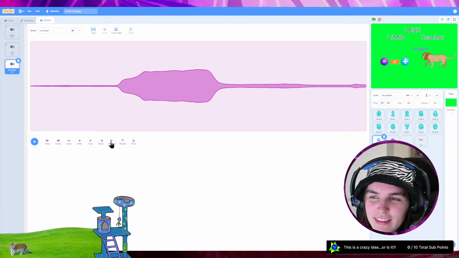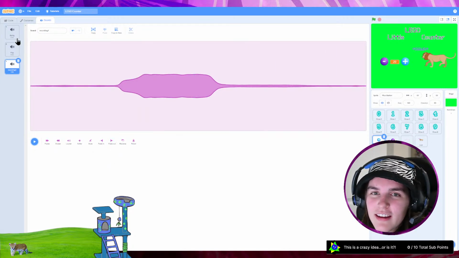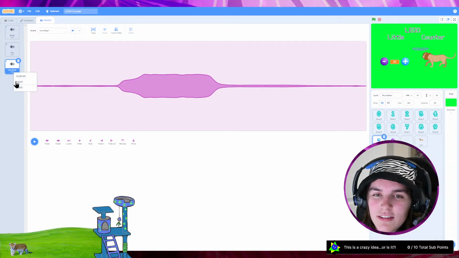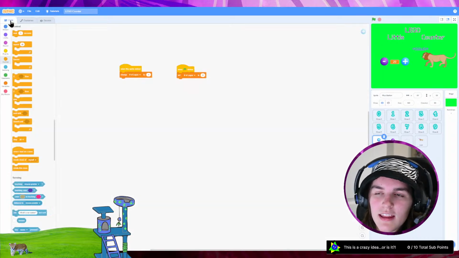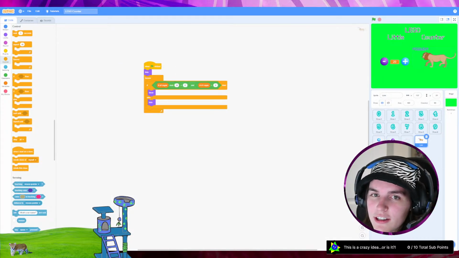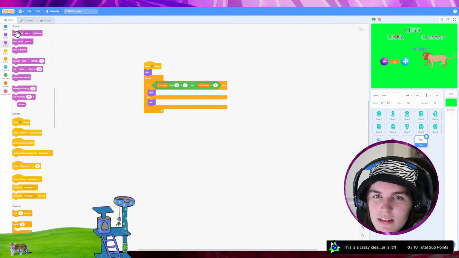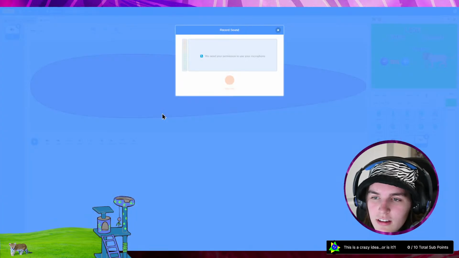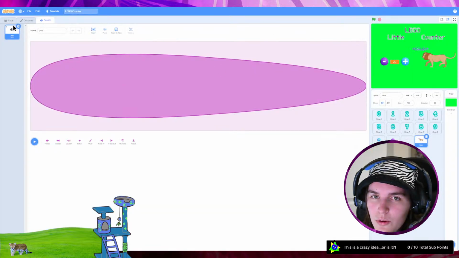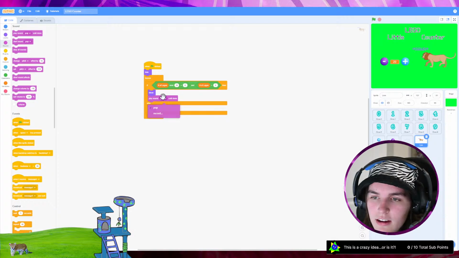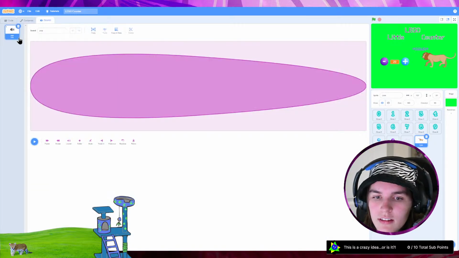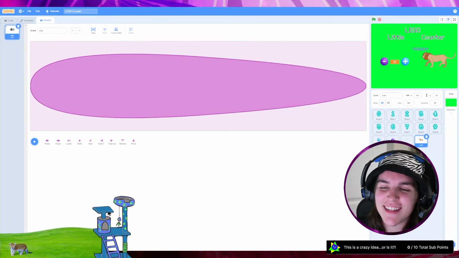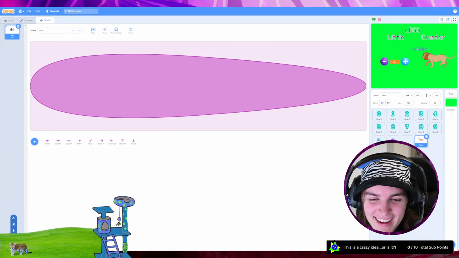Okay, I'm just adding a fade in and a fade out. Perfect. So this is recording 1. Now the last thing I need to do in my lion code is go to the pink sounds and then, when it shows, just play the sound. Oh, why isn't it popping up? Okay, hang on. Oh no, I forgot to actually save. Oh no, I recorded the sound on the wrong sprite. I have to do this again.